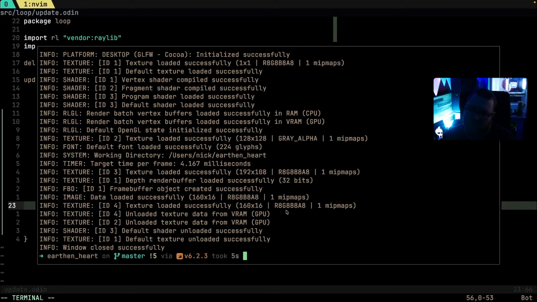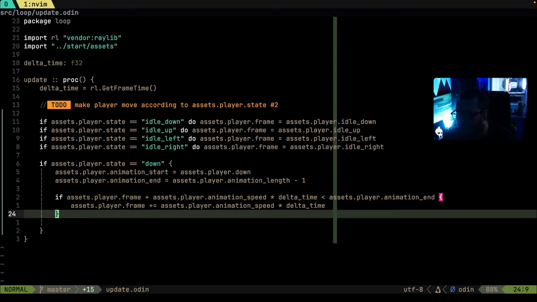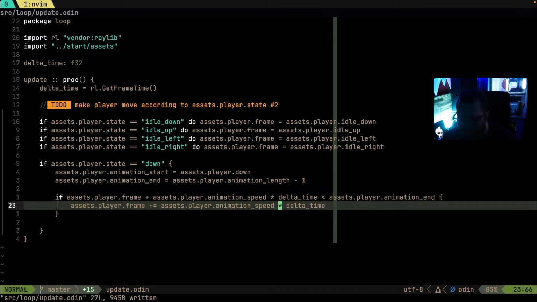Right, but there is one other bit of logic we need to handle, which is